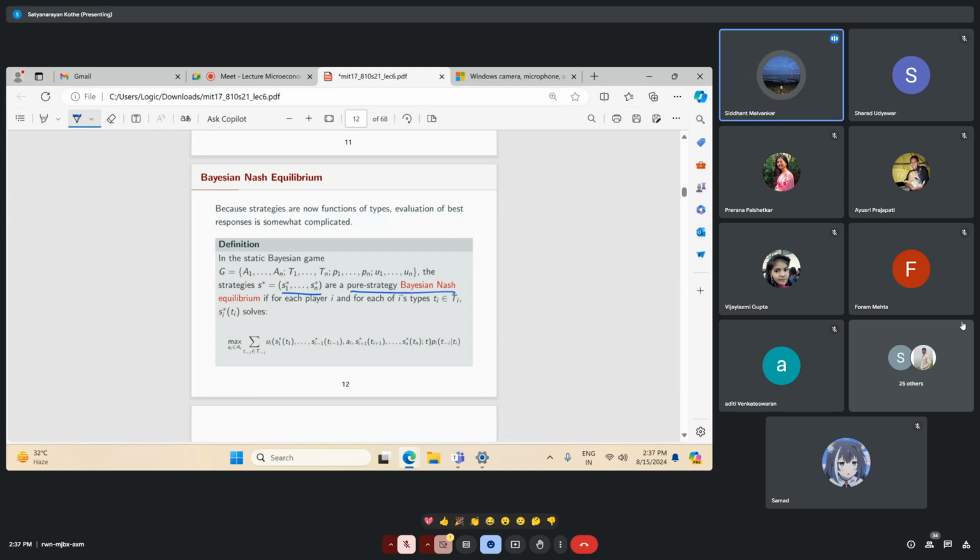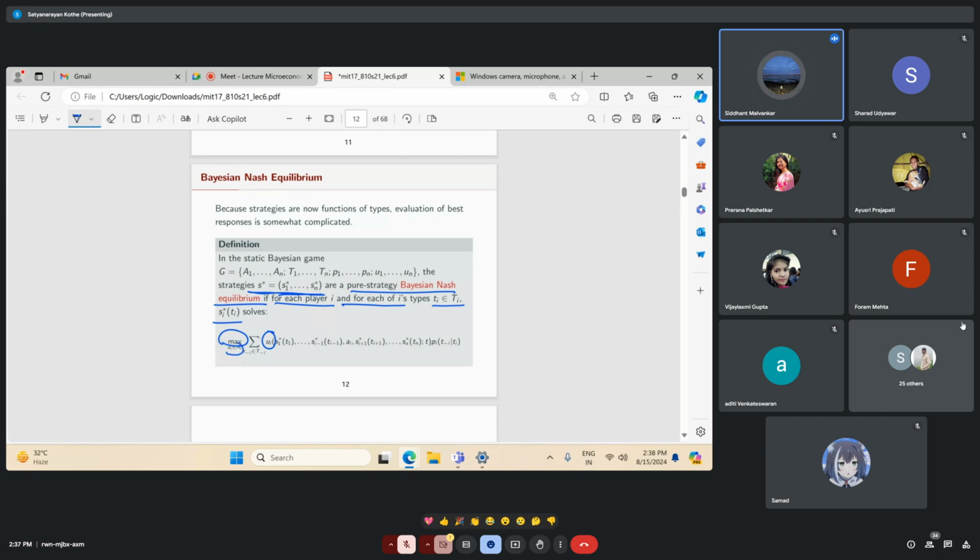So these strategies give some outcome, and that outcome is nothing but your Nash equilibrium. So for each player I, and for each of I's types, Ti an element of Ti, and Si star depending upon Ti, that solves the problem, that is, the payoff matrix or the maximization problem. So we say maximize Ui